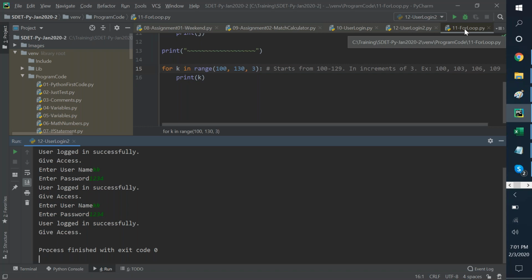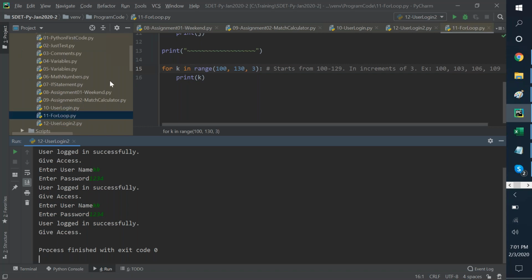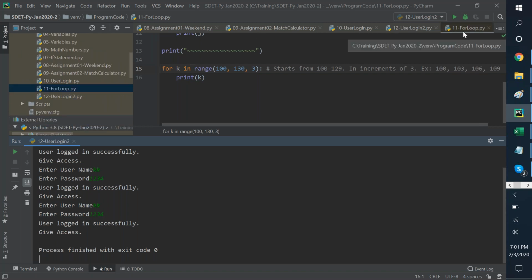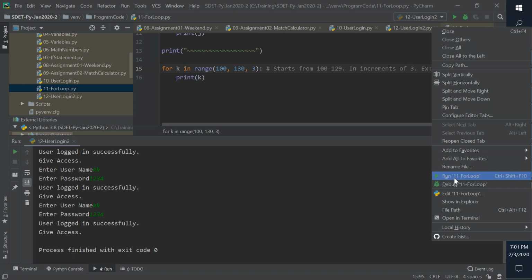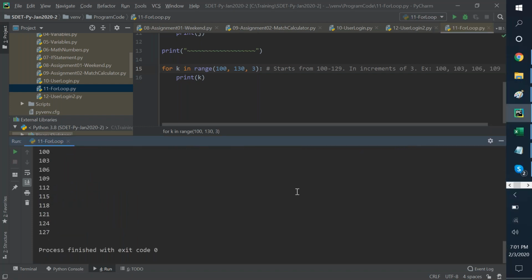All right, where are we? So we are still on the same program that we've edited for the for loop. Right click again and let's run this. Let's make sure. So what did we do? We tried to run the program in our mind first to make sure if it's correct or not. Once it is correct, then we said, okay, now let's do something about it. Let's run and see if it's correct.